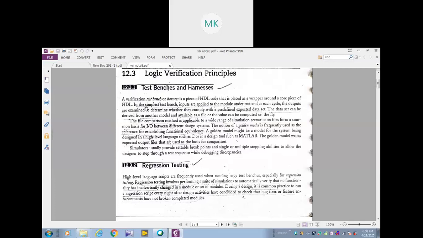We generate some output and we are checking that output, comparing the output of the HDL code with the standard one. What is that standard? That standard is nothing but what we call a golden model. By using this test bench we are checking our program, applying the test bench as an input to our model under test, and the output of this will be compared with the expected data. The expected data will be given by the golden model.